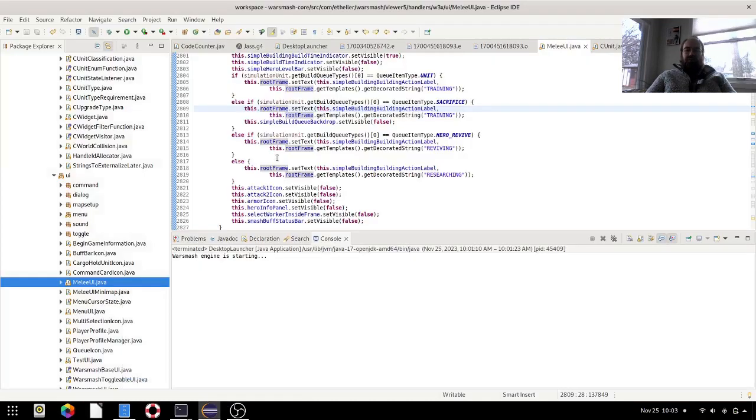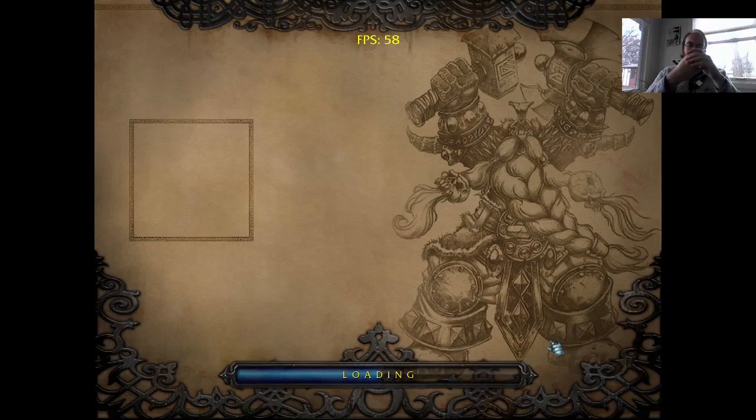So this right here is my code editor, so I should be able to just run the code and see if I can play some Warsmash. I don't have Wine installed. I don't need Wine installed. Downloading the assets, of course, has to come from the official Warcraft 3 game.